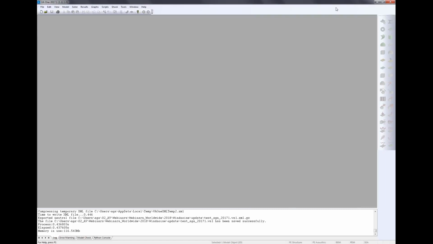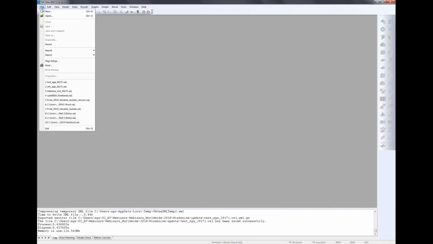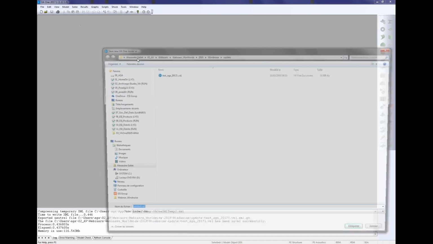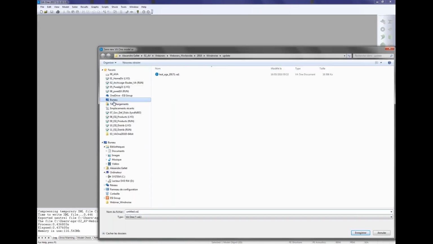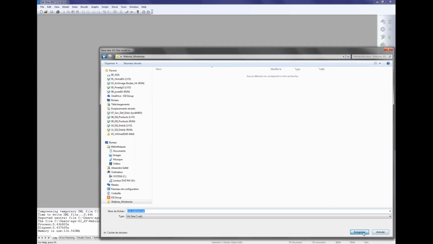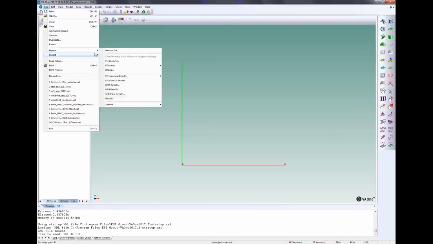So I will switch, sorry, I will switch to VA One here. So you can see here the graphical interface of VA One. I will create a new model, in which I will import a model.